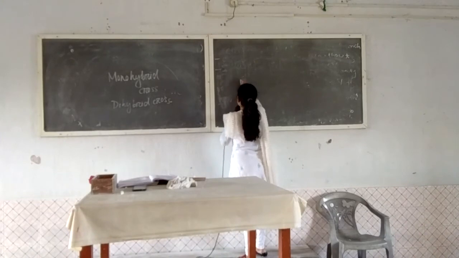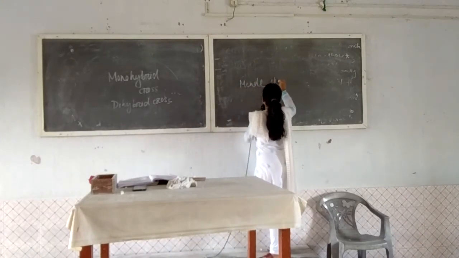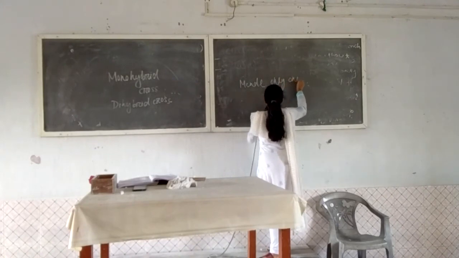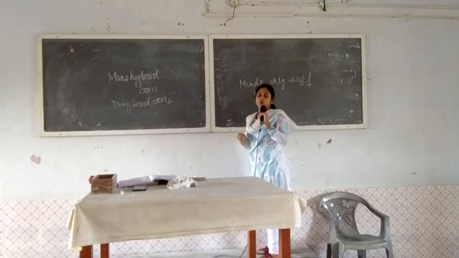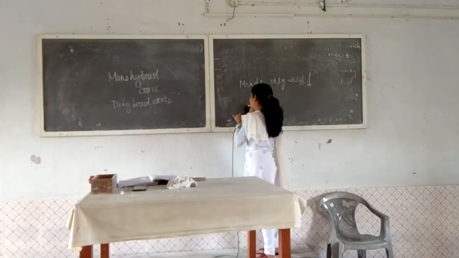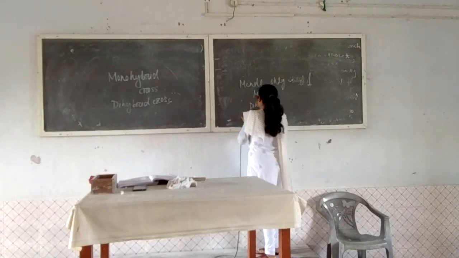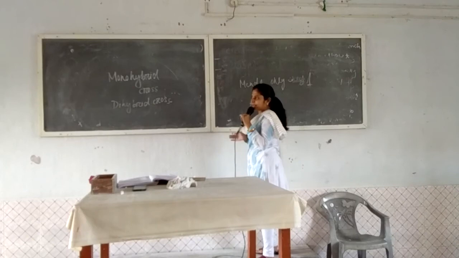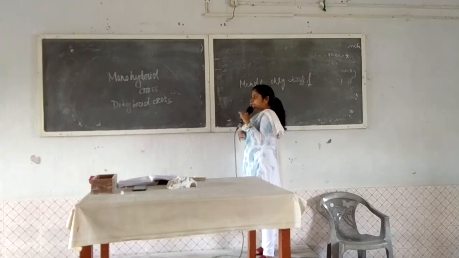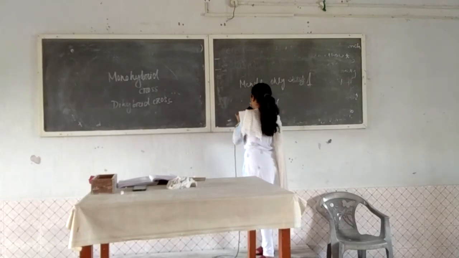When Mendel took only one character for each experiment, then it is called monohybrid. When Mendel took two characters of the plant at a time, then it is called dihybrid. When Mendel took three or more characters at a time for his experiment, then it is called